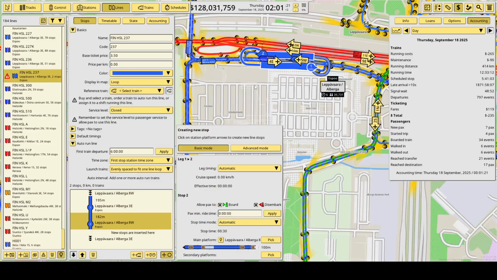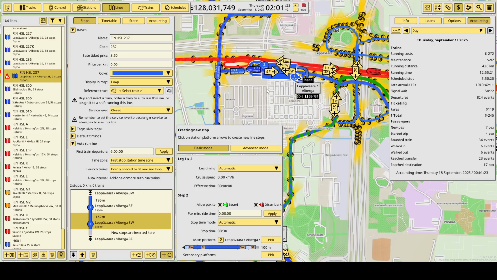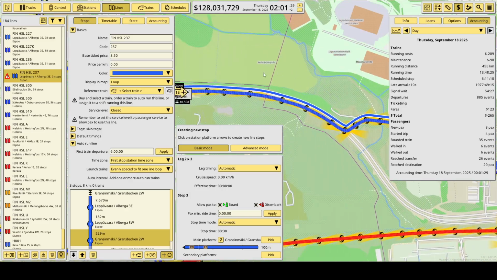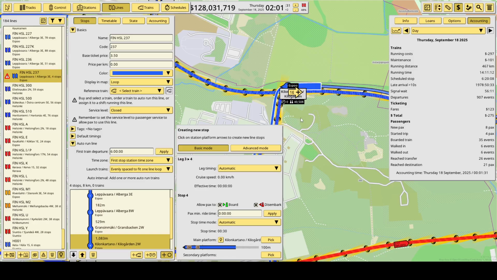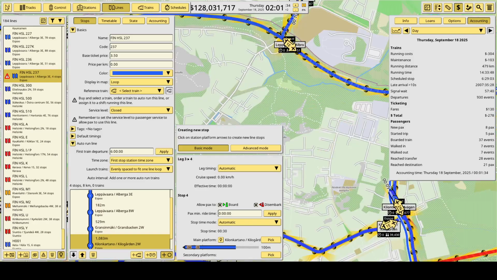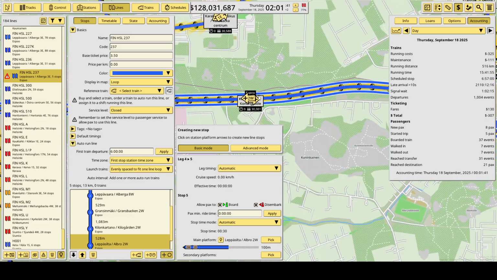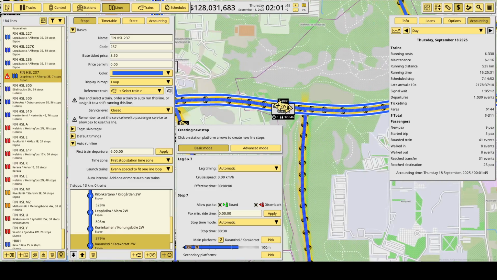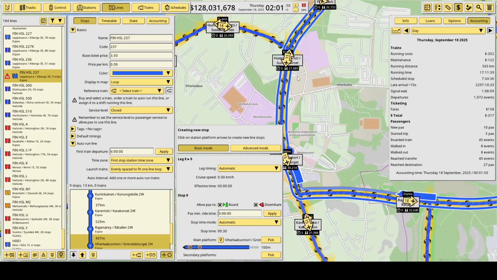As usual, we start from Leppävaara, then we go to Gransimäki, then we autosave, then we stop at Kilonkartano, at Leppäsilta, at Kuninkainen, at Karanristi, and Rajamänty. Then we go on to Viherlaaksontori,